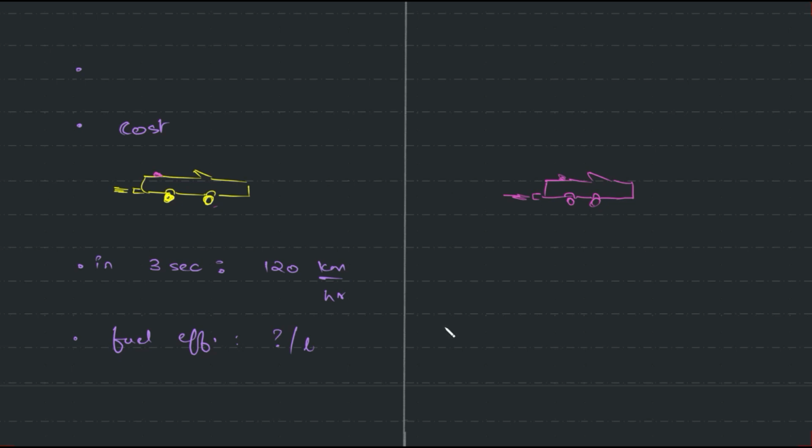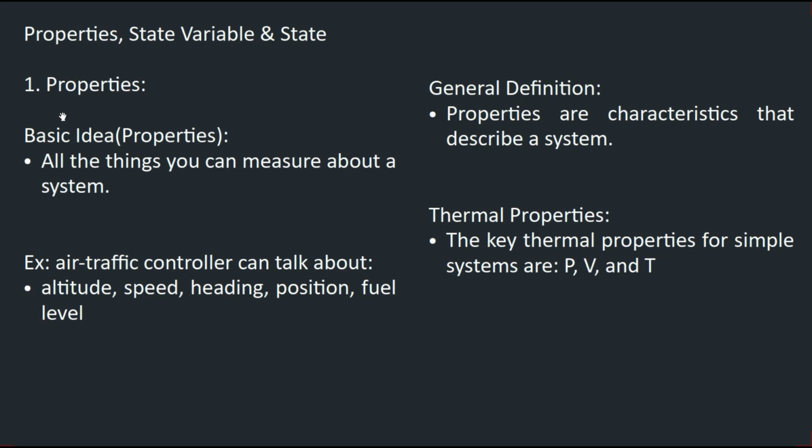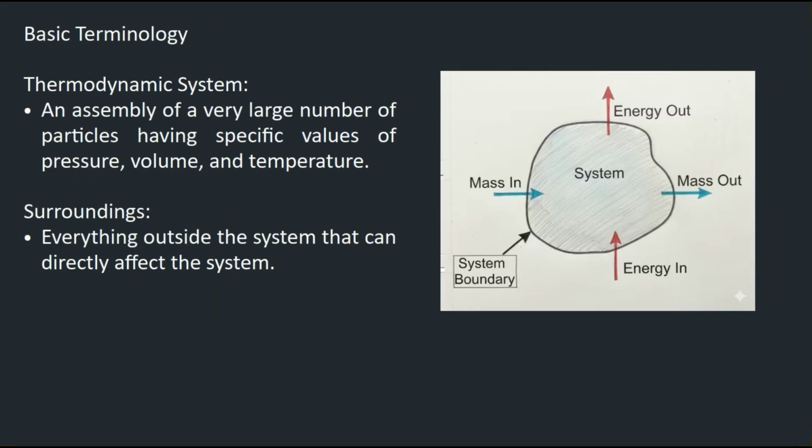These are the ways of communicating. I can call up the dealer and ask them what exactly the features are, right? These are the things that are important to me, and I'll be talking about them. Same way, to talk about a system per se. We understood about system and surrounding, so it's all about system, end of it, is it not?